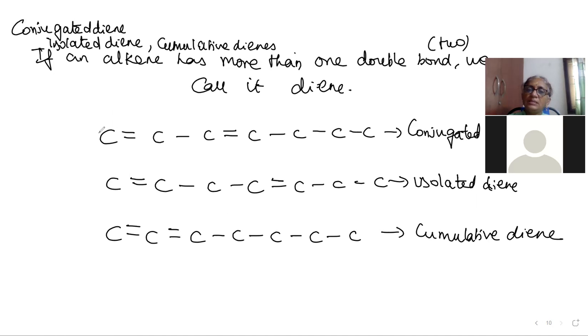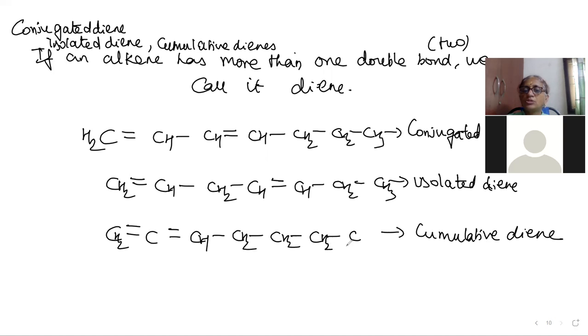Okay, now after drawing this, you have to satisfy the valences. H2, here H, here another H, here H, here H2, H2, H3. Here H2, H, H2, H, H, H2, H3. Here H2. See, you have to be careful here. 4 bonds are already finished, so no hydrogen here. Here 3 bonds, H; 2 bonds, H2; 2 bonds, H2; 2 bonds, H2; H3. Are you able to understand?